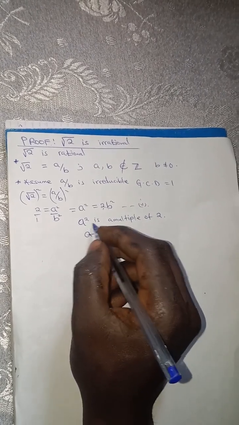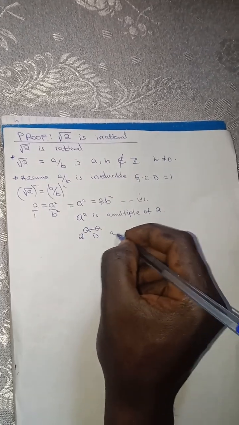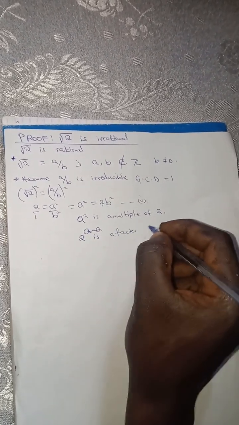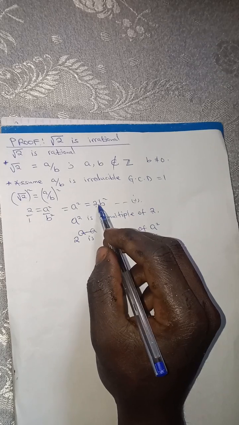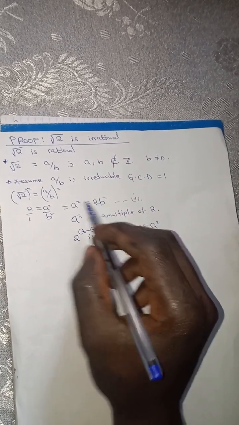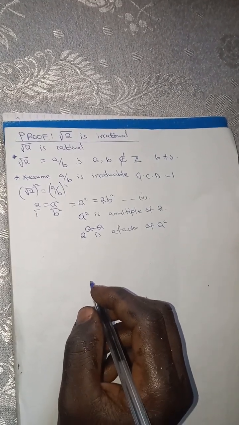Which means that if a squared is a multiple of 2, then 2 is a factor of a squared, because 2 multiplied by some integer b squared gives us a squared, which is a contradiction, because